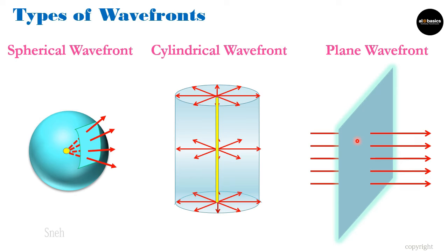Same thing is applicable in this case also. Due to that, we say that spherical wavefront becomes plane wavefront. As I told you, if we are taking its cross section, then it will look like a circle, right? So we'll see in that form also, so you'll understand how to draw it on paper.